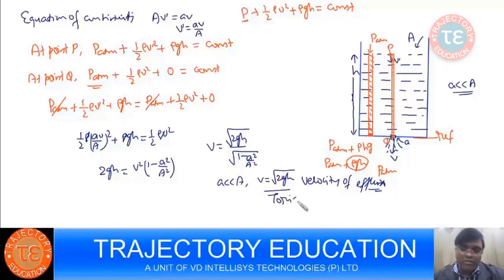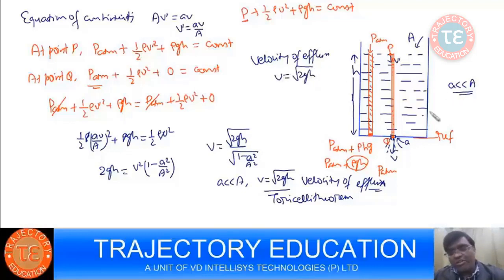This is also called Torricelli theorem. So the velocity of efflux V is root 2gH, right? Suppose you don't have the orifice here, and I have the orifice over here instead. In that case, again,